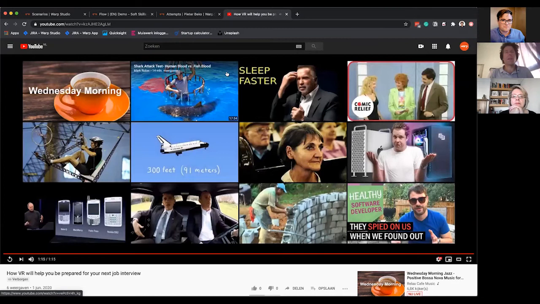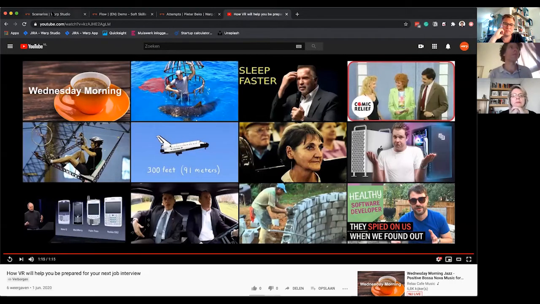So hopefully that explains a little bit better. This is an example of one of the training scenarios being made on the platform. Maybe it's also good to take that step to the platform in order to show you a little bit how this works and how companies are actually creating these training scenarios.